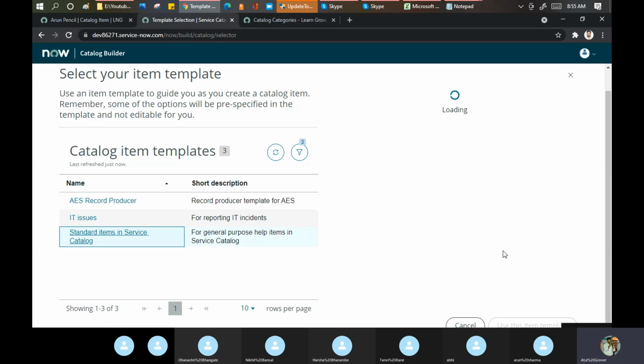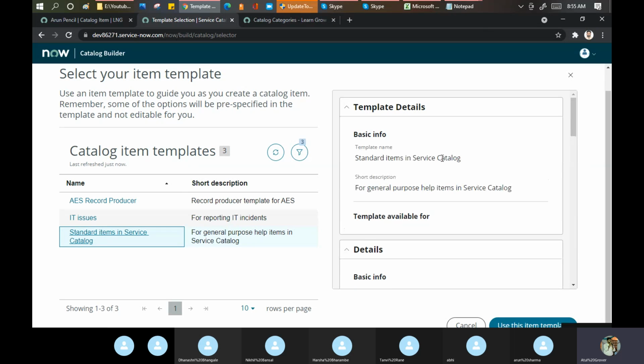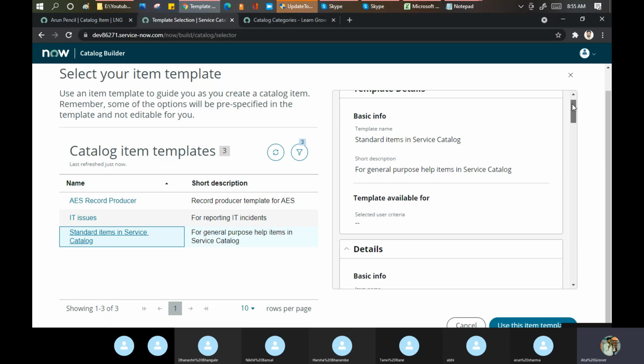Wait, it's loading. So this is the template information. When you go for a college admission, every student gets the same admission form, right? That is a sample they're giving you. That is a template they are giving you. If Tanvi is filling, Tanvi puts her details. If Nikhil is filling, Nikhil puts his details. Arun fills his own details. Atul fills his own details. It means the template is the same. Whichever college you go to, you have to put your own data in it.